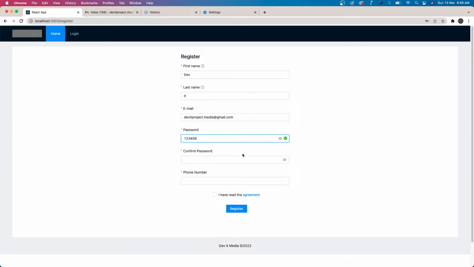I can show the password here or hide it, and confirm password. This will check that the two passwords match,